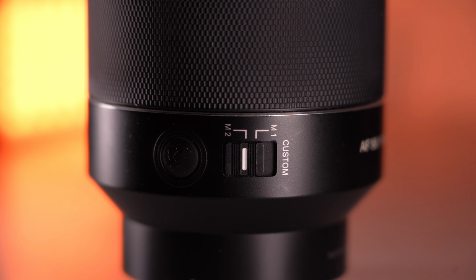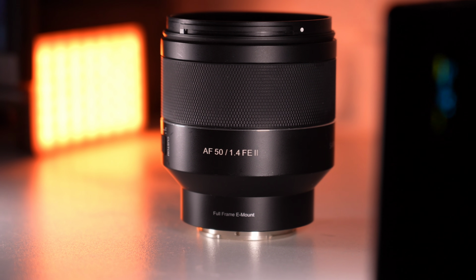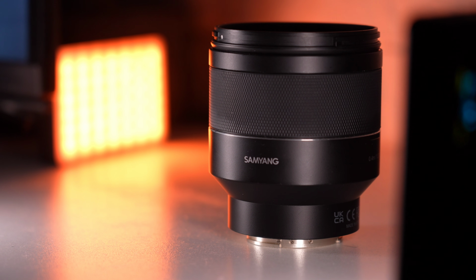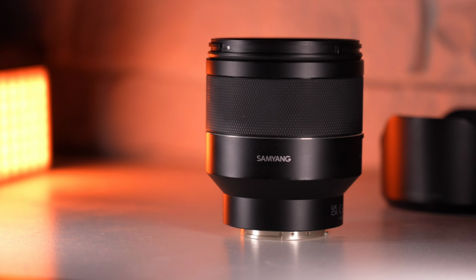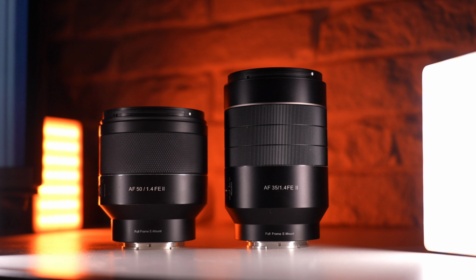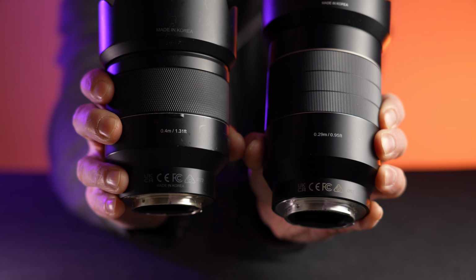And what about me, what am I thinking about both of these lenses? So of course I will stay only with one of these, and I will stay with the 50mm f1.4 from Samyang. And I think of this lens as, of course, a portrait lens, but also some talking head lens. So I feel like this 50 is more for me, and